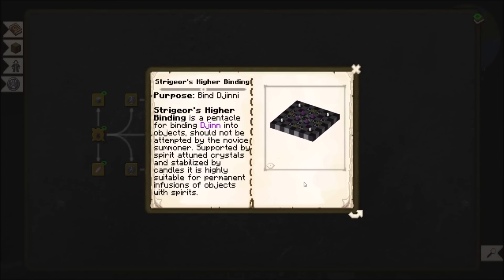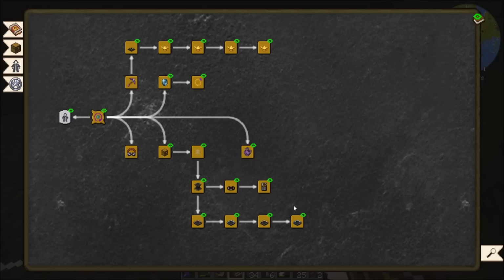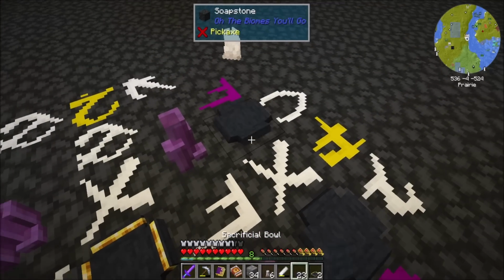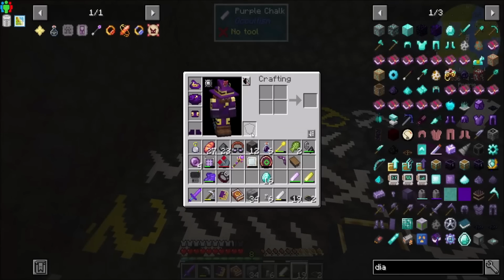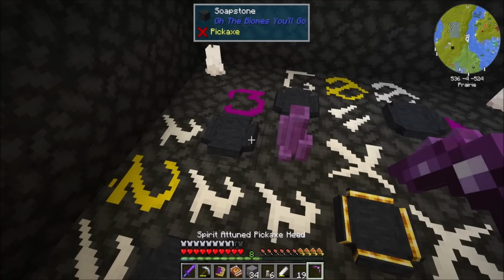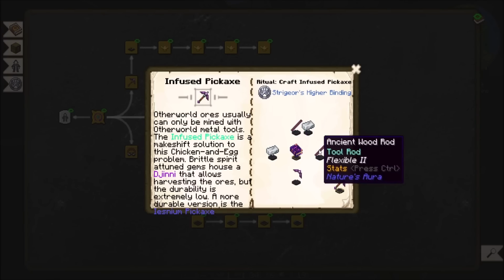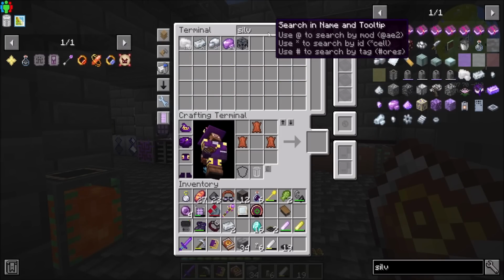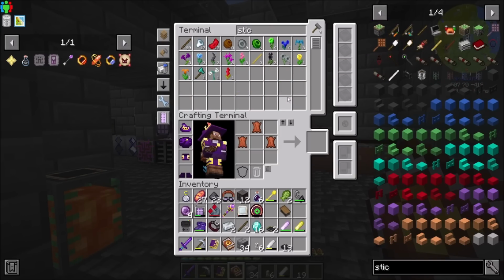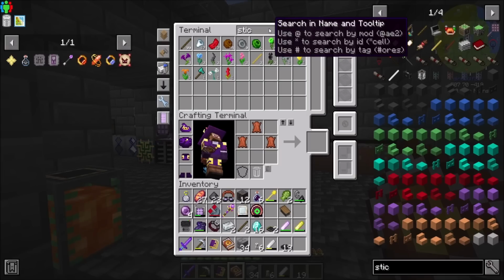Let's see. The infused pickaxe needs, it looks like 5 in total. So what I'm going to do is I'm going to put 8 around here. Okay. So now to get the infused pickaxe going, we're going to need 2 sticks and 2 silver. Okay. And then in addition to that, we're going to need the Jinni book, or the Jinn book. Okay. So the Jinn book